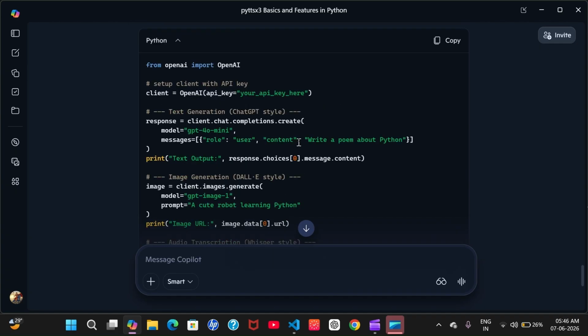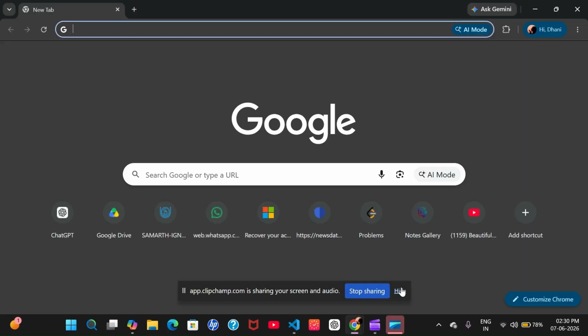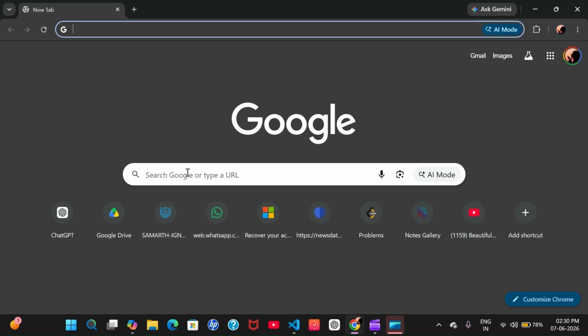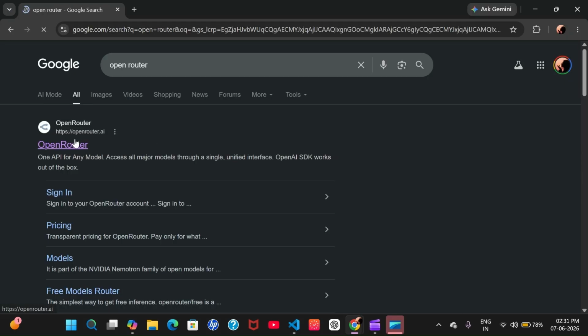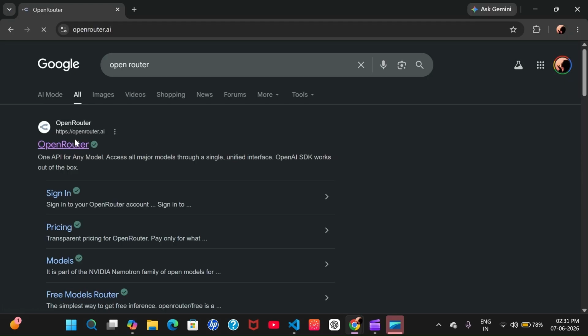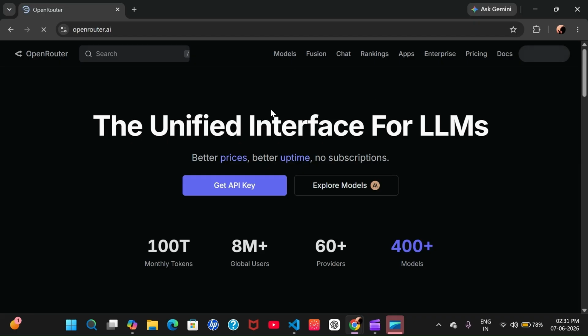So let me tell you how you can get the API key. To create an API key, search for OpenRouter, go there, and create an account. After creating an account, click Get API key.